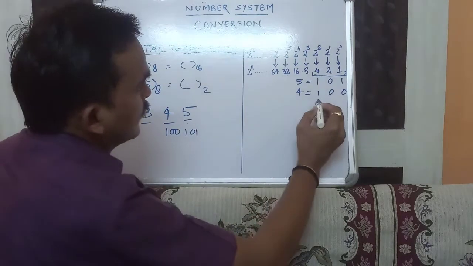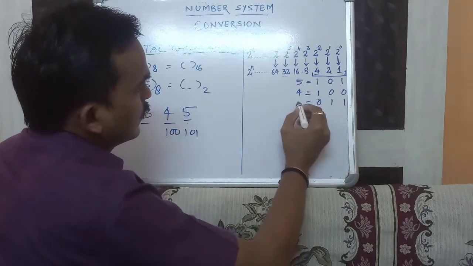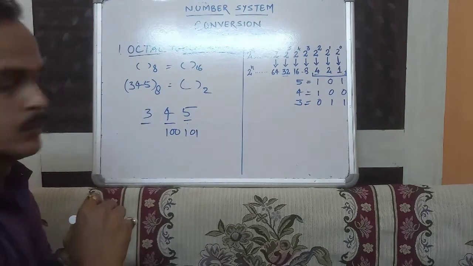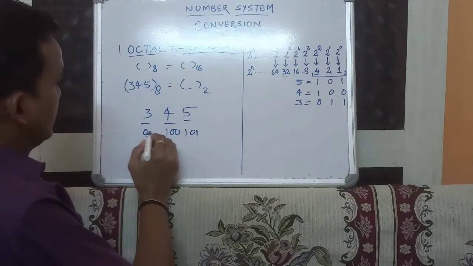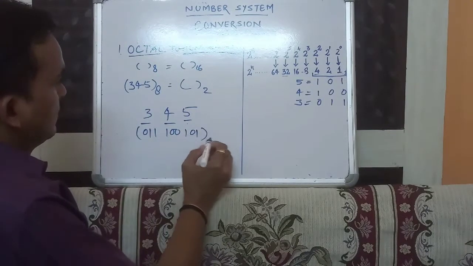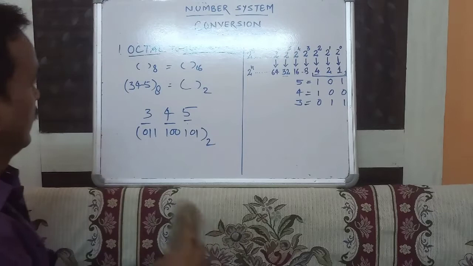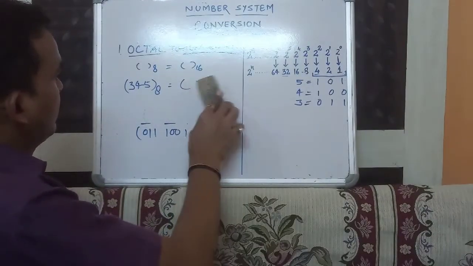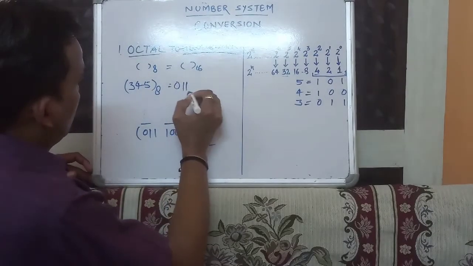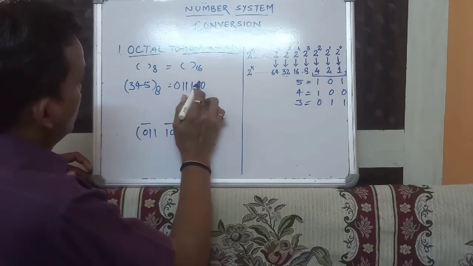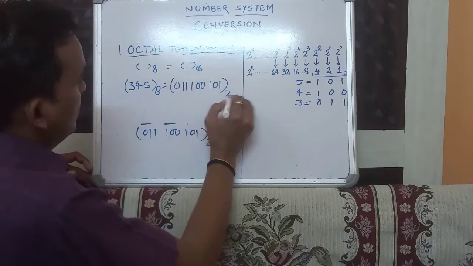And 3 is 2 and 1, that is 3, and 4 would be a 0, the combination of 3, right? So this is the combination of 3 4 5 in terms of binary value. So we will write here 0 1 1. So we find out this binary value. Clear? So here we will write this value 0 1 1 1 0 0 1 0 1. This is our binary value.